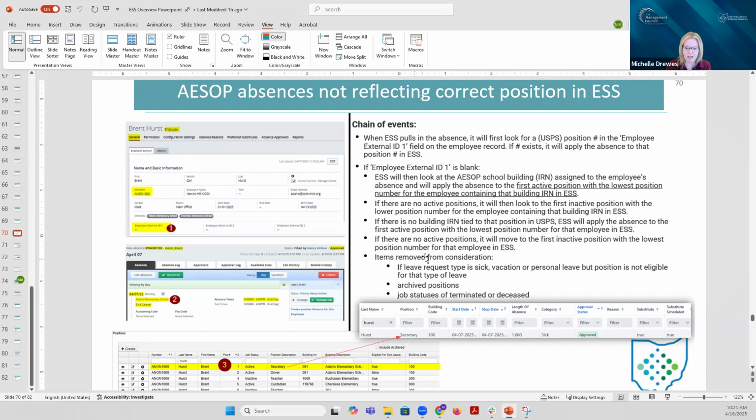So those are just kind of FYIs on what is being removed from consideration when it's going through this chain of events. So I hope that this one kind of explained the process here by seeing visually where it's taking place. I'm looking at, making sure that, in his ASAP